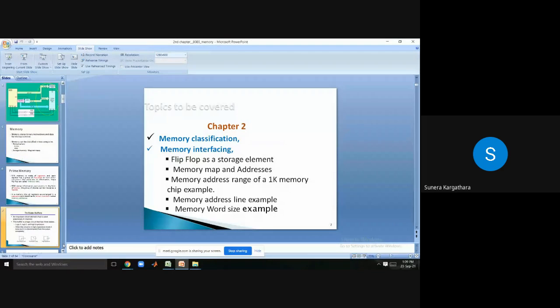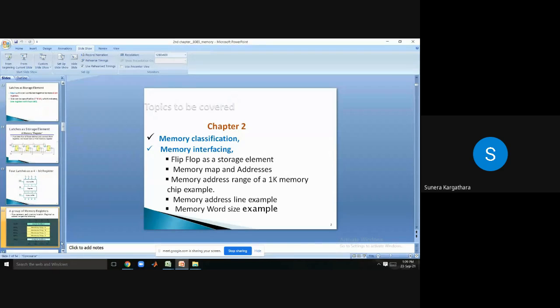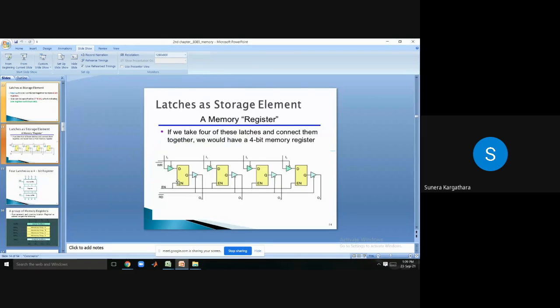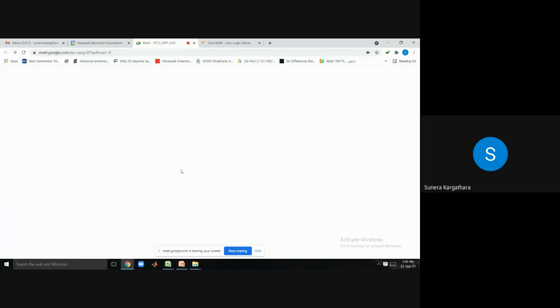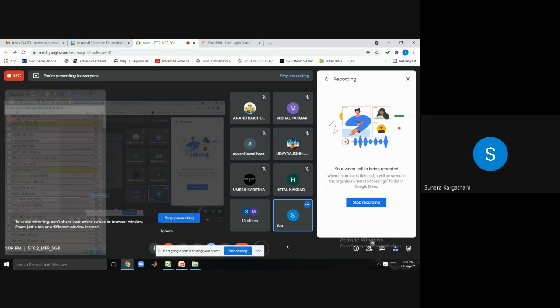Now suppose I say that I want to store 4 bits simultaneously. What does it mean, how many flip-flops do I need to connect? 4 flip-flops, right? Now, a flip-flop can store only 1 bit at a time, so you can see here that the kind of flip-flop we are using is a D flip-flop. Who remembers how many types of flip-flops there were? Do you remember how many kinds of flip-flops we have? SR flip-flop, yes or no?